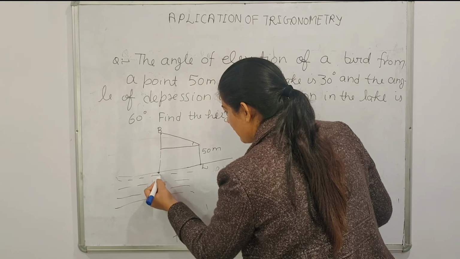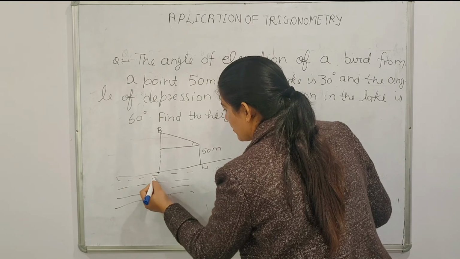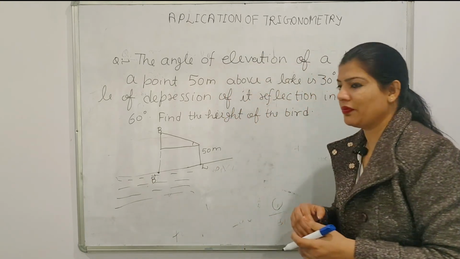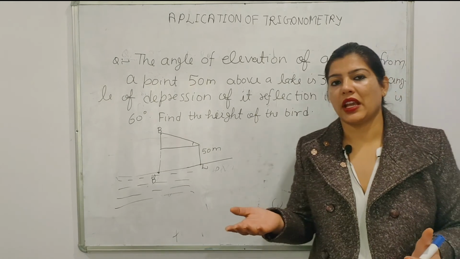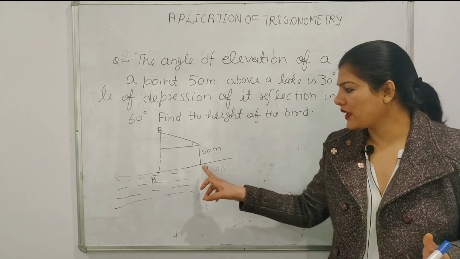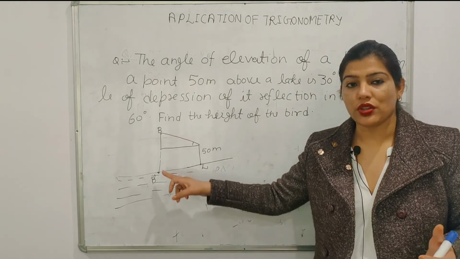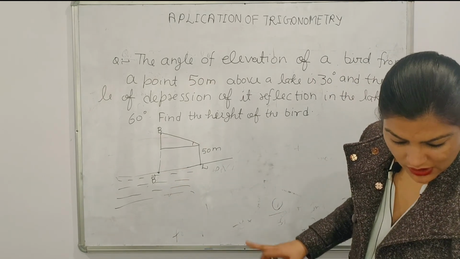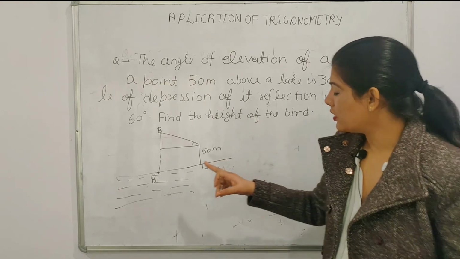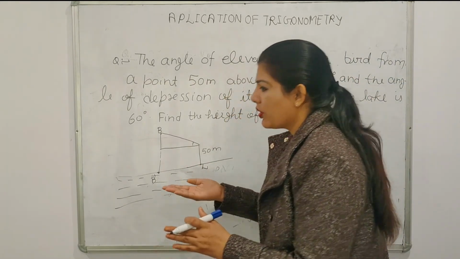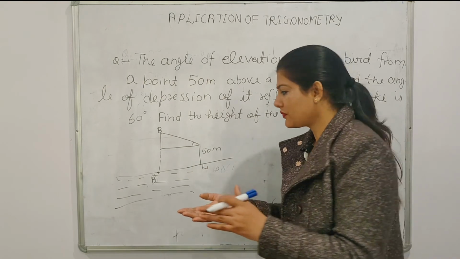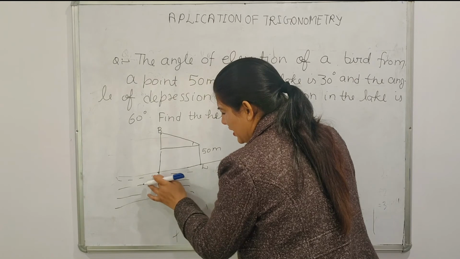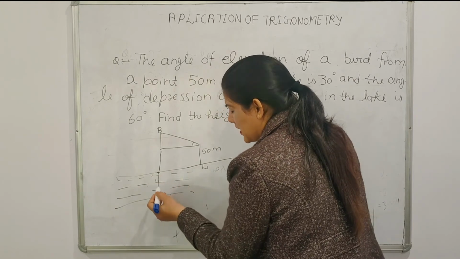So this is the image. Suppose it is B dash, because the water will behave as a mirror, and at the water surface you can see the image. It is not given how many meters because it is below the lake, so it must lie at some depth. So you have to denote this point a little below the water surface.